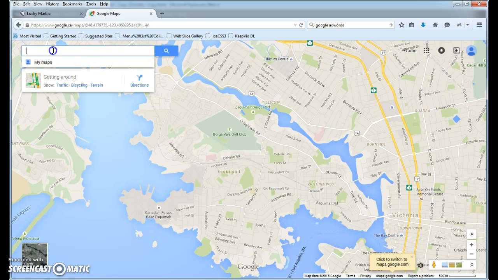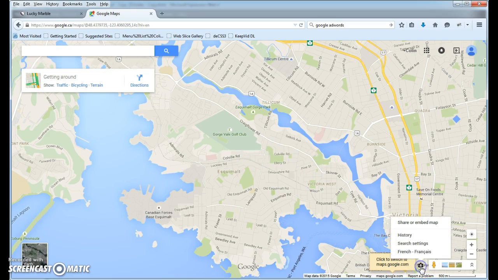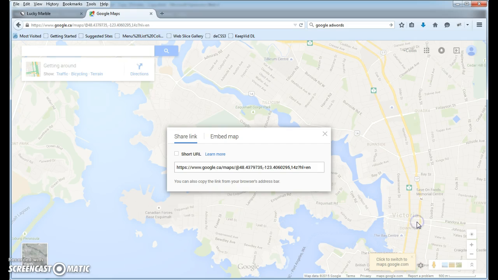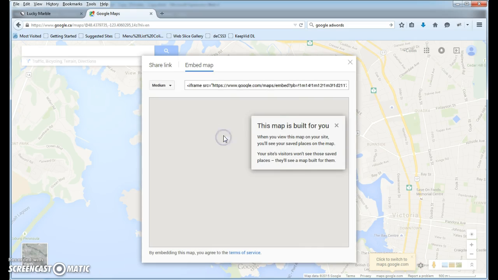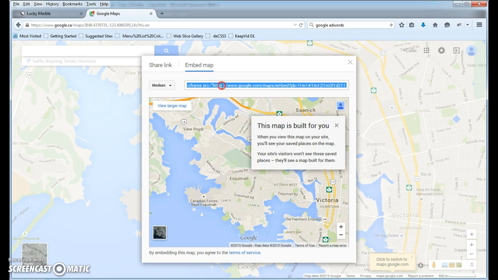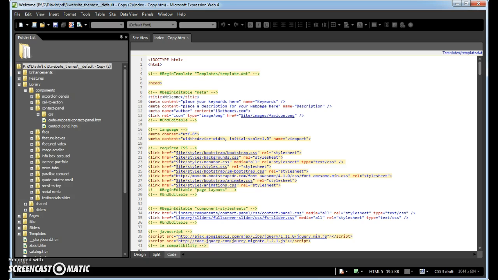Right, you go to Google, you type in your address here, and then down here, once you've got your pinpoint, your location, you hit the little settings tab, do the share or embed map, and then click on embed map. And you want this iframe code right here, so you copy this, and then you go to your library, components,